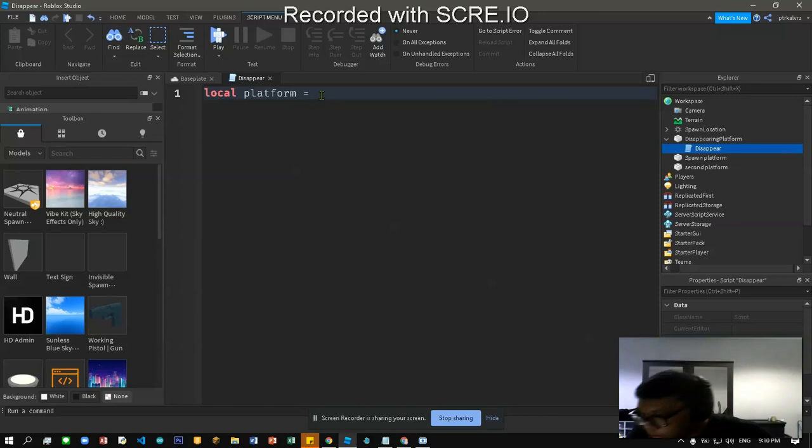Okay, so let's try to type in the value: script.Parent. What is script.Parent? This is used to find the object the script is located in. As you might have guessed, the script refers to the script you're writing in, and the parent of the script is where it's located. So there you go. We have our variable right now for our